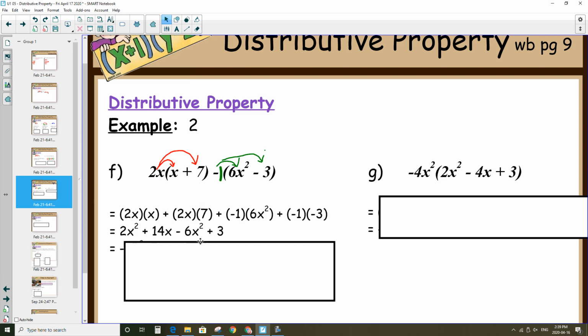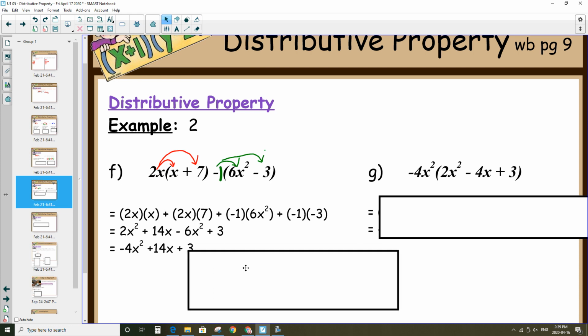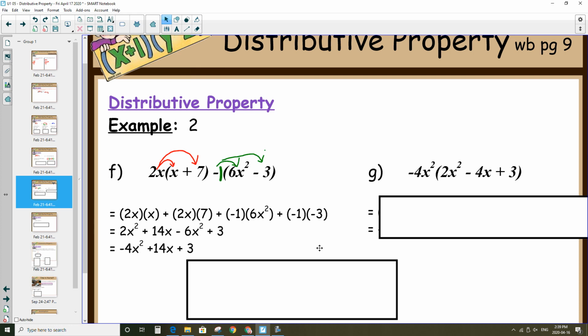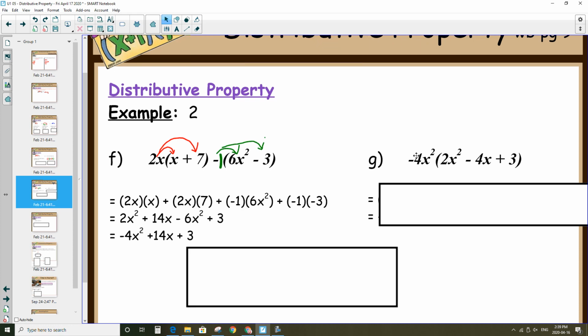And in the last step, you just want to check to see if there's any terms that you can add together or subtract, right? Any that have the same ending. So we have a 2x squared and a negative 6x squared. Those two can be combined. 2 minus 6 is negative 4. And then we have an x term and then just a constant at the end. So we can just rewrite those. And the last one on this page, negative 4x squared